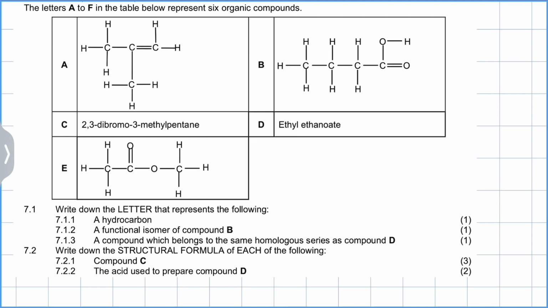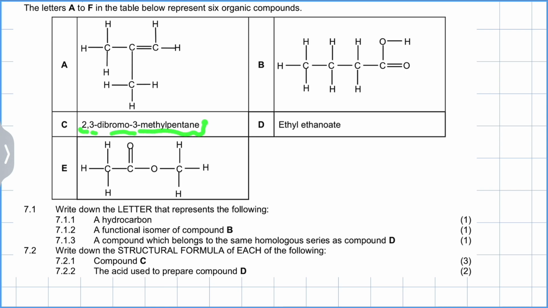In this question, we are given letters A to F in the table below that represent the 6 organic compounds. So compound A, we are given the structure of an alkene. And then compound B, we can see the functional group there, C double bond O and bonded with OH. So that is a carboxylic acid. And then compound C, we are given